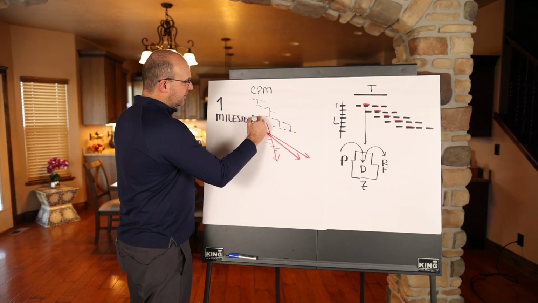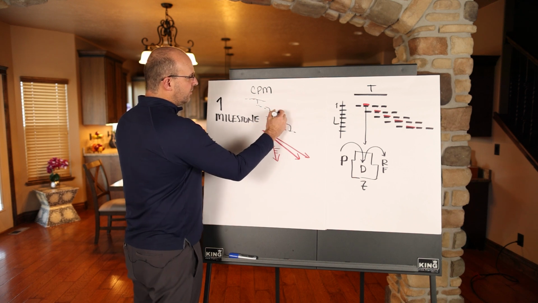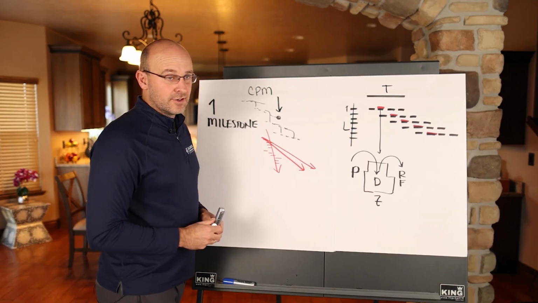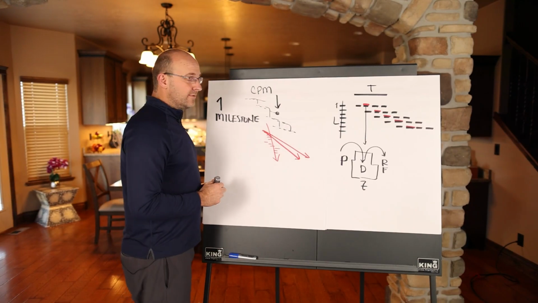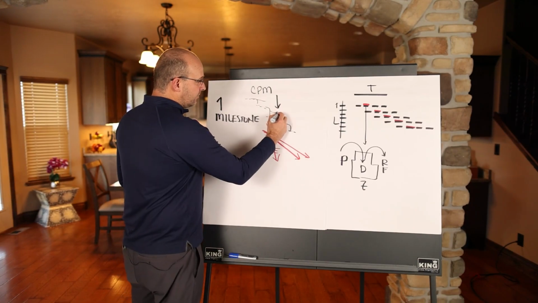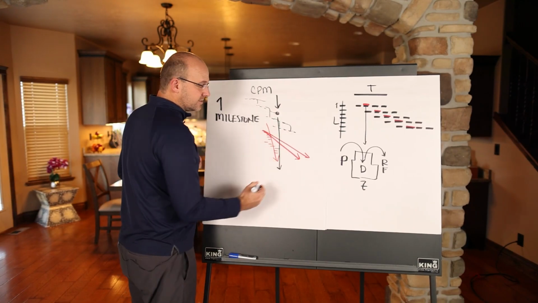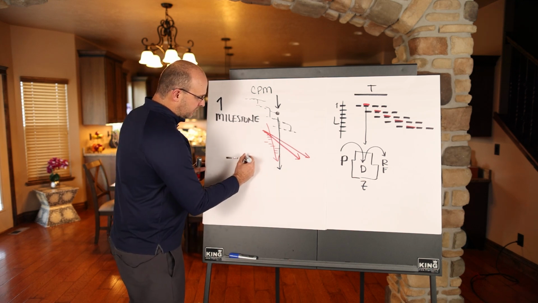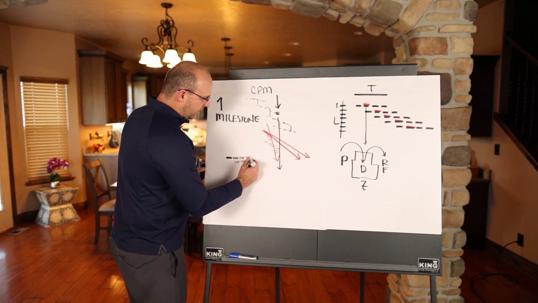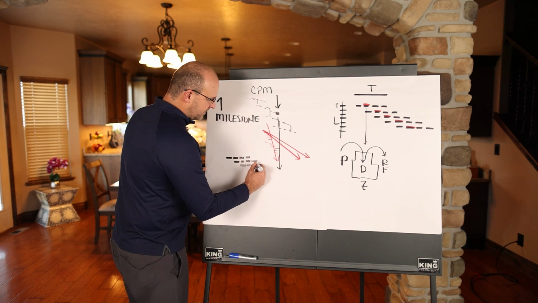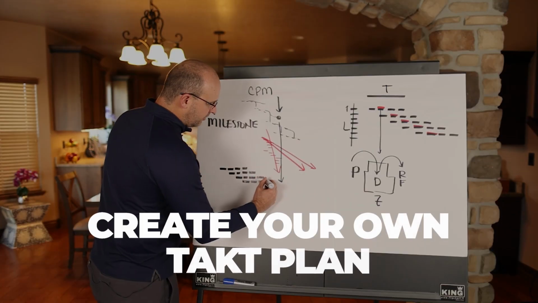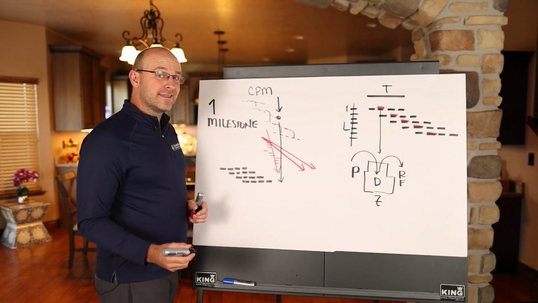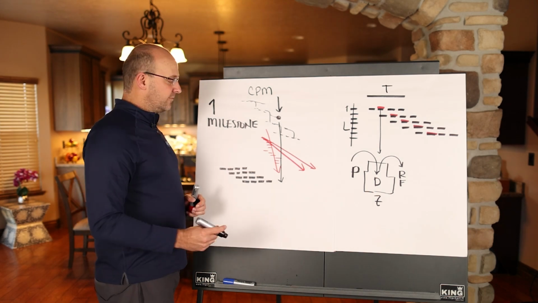So you're going to pull out the milestone from their schedule, whatever it is. Let's just say it's interiors. You're going to say that's when this general contractor wants to be done. Once you have that milestone, you can, with your internal scheduling resources, and we can help you if you want, literally with the pull plan that's already done, or by yourself based on common industry knowledge, create your own Takt plan for that phase and be like, hey, this is how I think the work is going to flow in